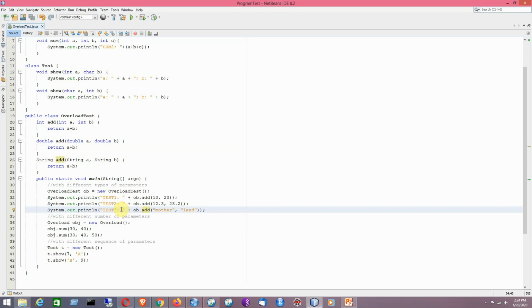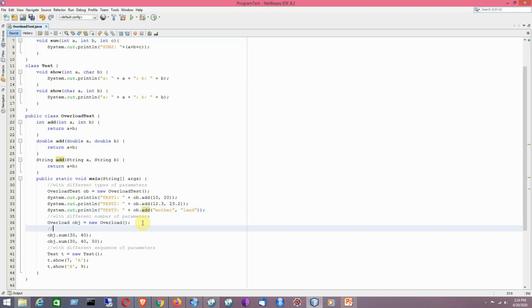Just try to remember it: byte, short, int, long, float, double. As you move to the right hand side, it is considered a broader data type. As you move to the left hand side, it is considered a narrower data type.